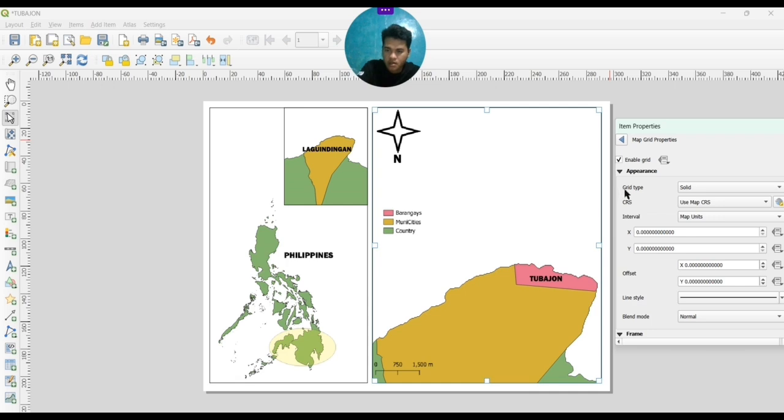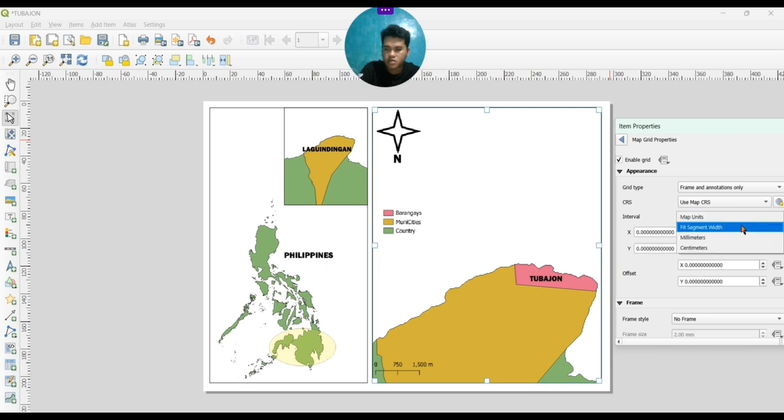And this is the thing that I want to share with you, the grid type. So this is solid. So make it frame and annotation only. So click that one, and then inverted in interval. So click for interval for unit, map units, and fit segments with. So okay.